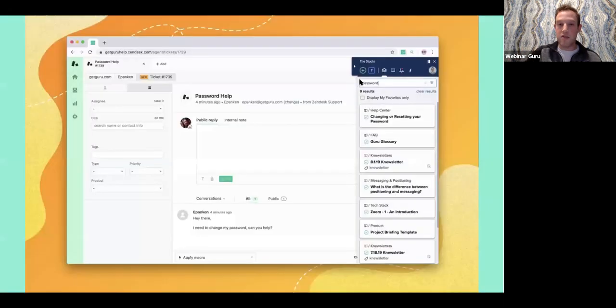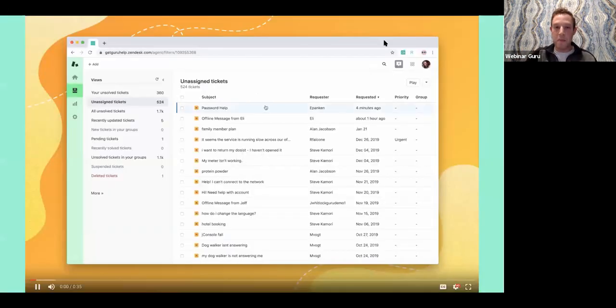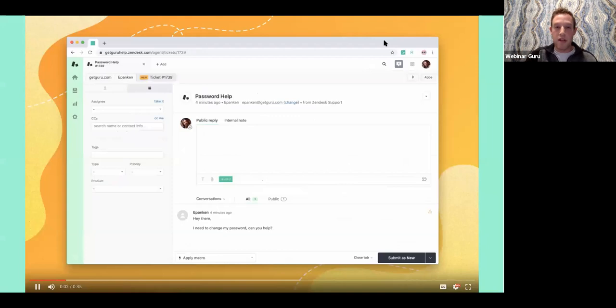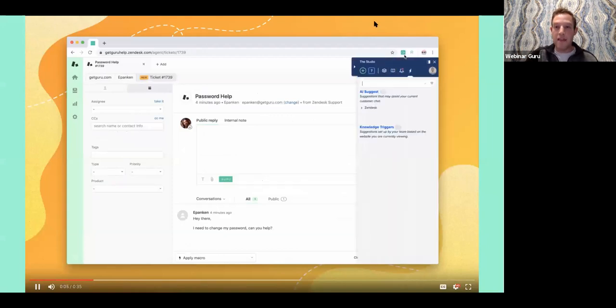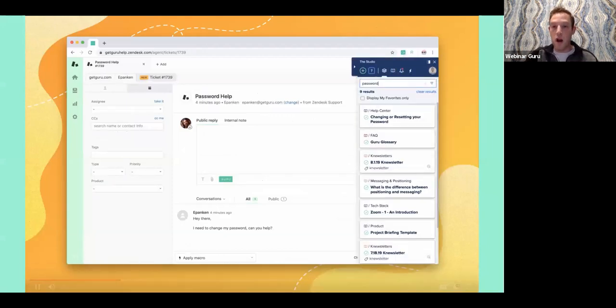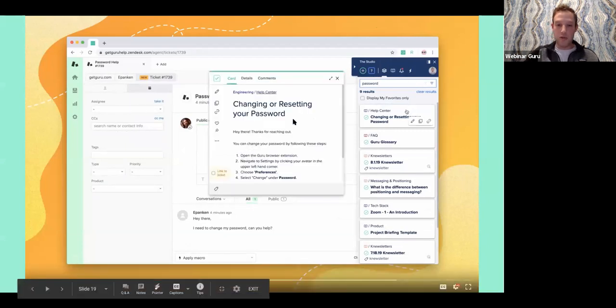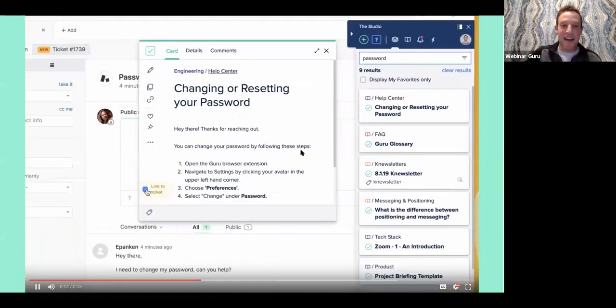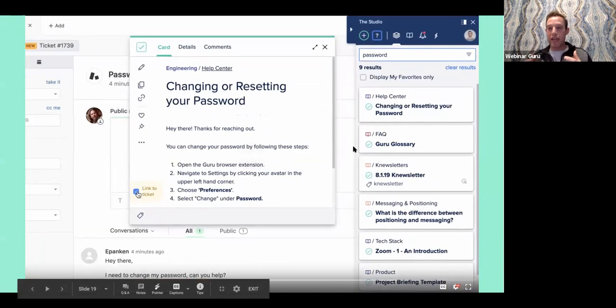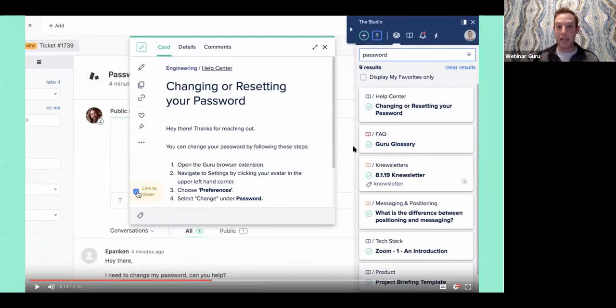And to give you a quick demonstration of that, we have another pre-recorded video. So in this situation, someone wrote in for password help, and the agent is going up to search for changing or resetting your password. Now, what you see here in the bottom left-hand corner, let's enhance on that real quick. Guru is recognizing, and this is a setting that you have to turn on in your team settings page, that you're using this card, you're using this knowledge over your ticketing system, and it wants you to link that